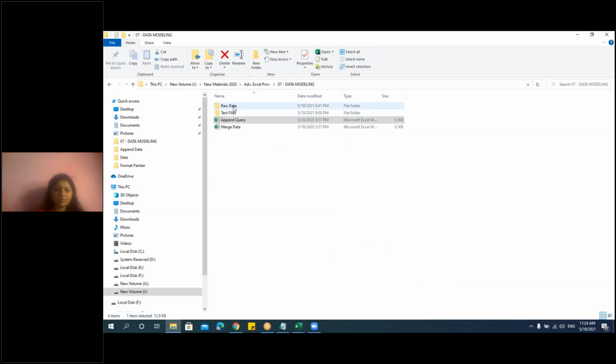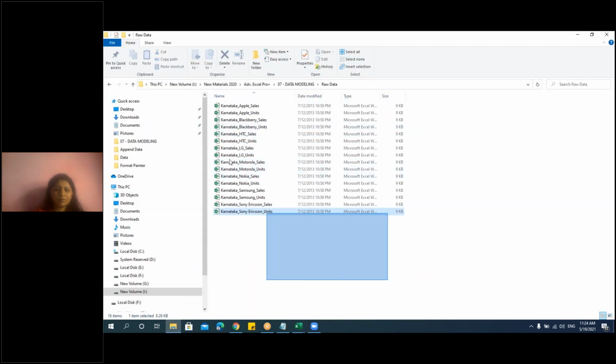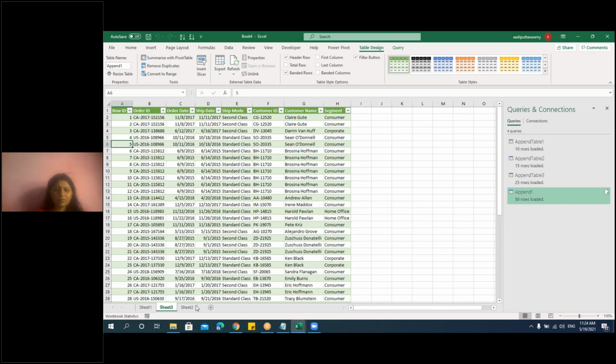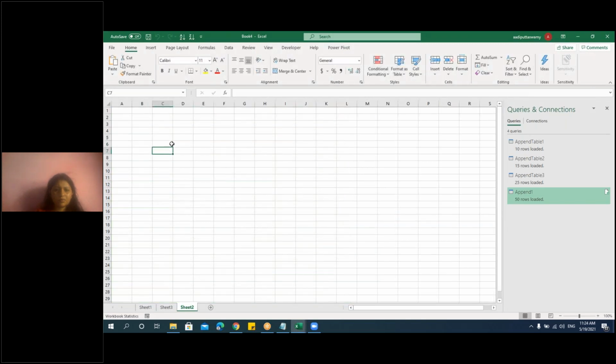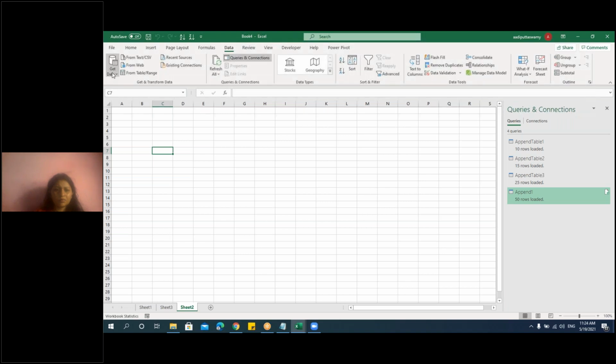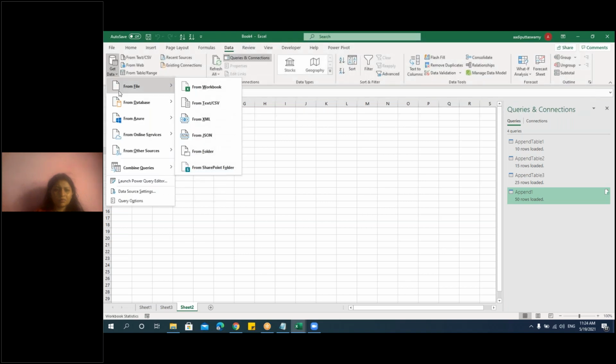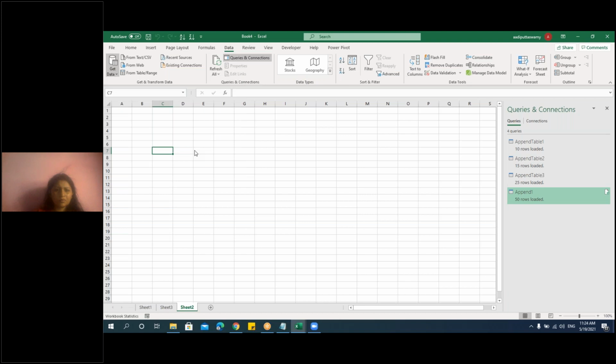What if I want to combine the data from different files? Here I have so many files. I want to combine all these files into one single sheet. This is again a very simple task. Previously, we have tried macros for this. How to do that? Let's go here. Again, we'll go to this data, Get Data. Here, we'll select the folder. Once I select the folder,